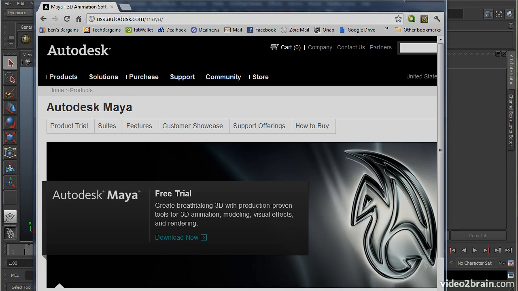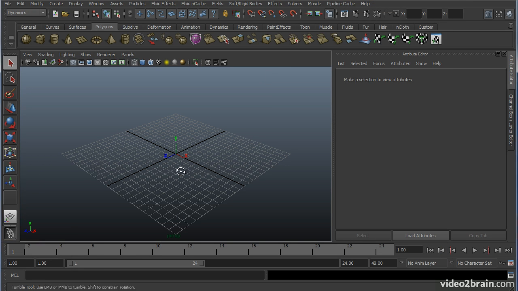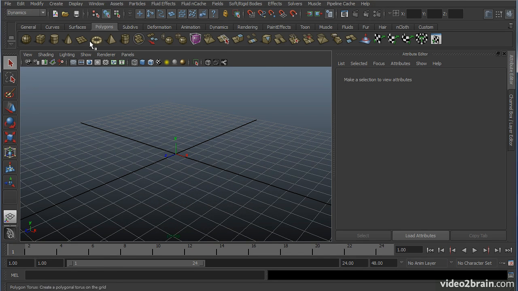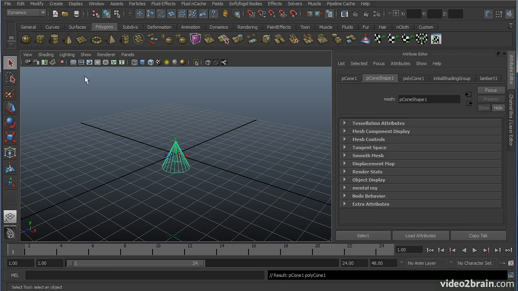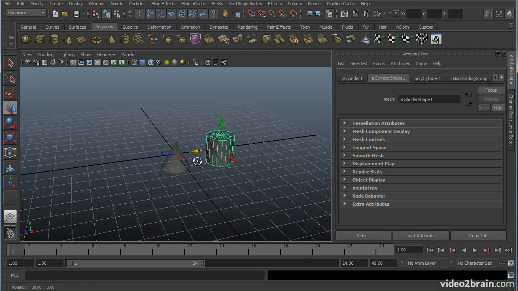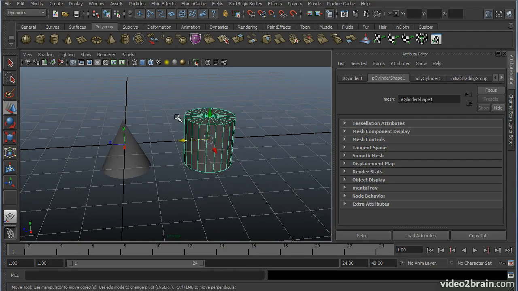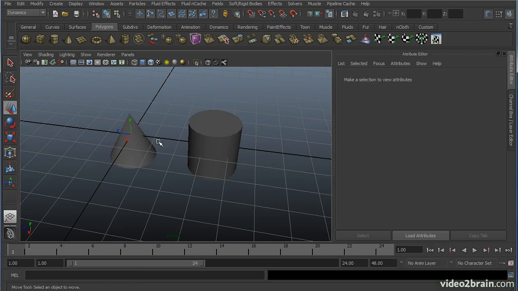In this video, we'll be taking a look at answering the question, what is Maya? What can you do with it? What's it good for? Made by Autodesk, Maya is a very powerful program that allows you to create geometry and objects, to create art, to recreate objects, to design, to animate, to create any sort of thing that you feel